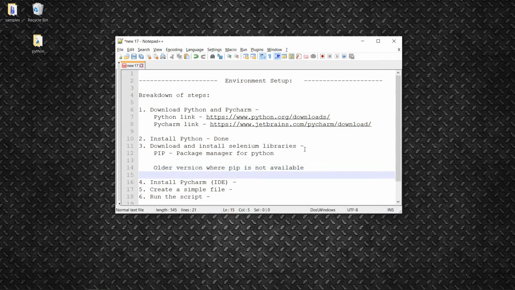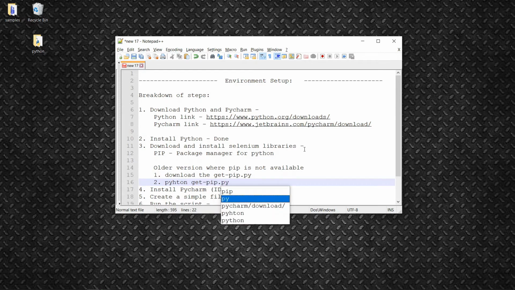What you can do is download the get-pip.py file. Once you download this, you have to run this command on the cmd: python get-pip.py. Once you do this, it will automatically install pip on the older versions.